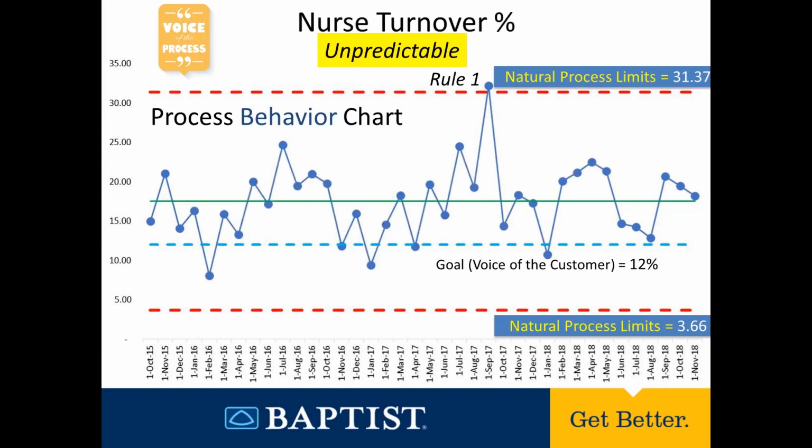Now, by finding and removing the effects of these assignable causes, you can substantially improve both process consistency and outcomes. You say, well, what if it was living up to its potential? Well, for this process, it would vary anywhere between a little under 4% to a little over 31%, with an average of a little over 17%. Now, you might at first say, well, that's not acceptable, and I would agree with you, but you're going to have to fundamentally change your process because this is what the process is giving you when it comes to nursing turnover.